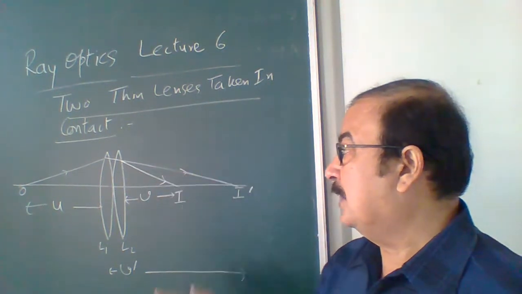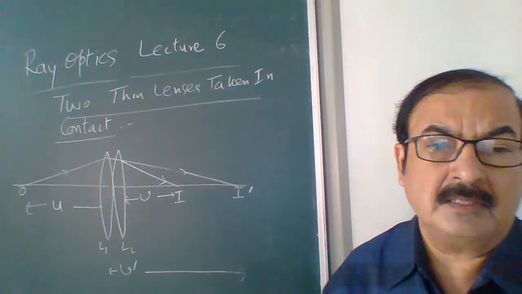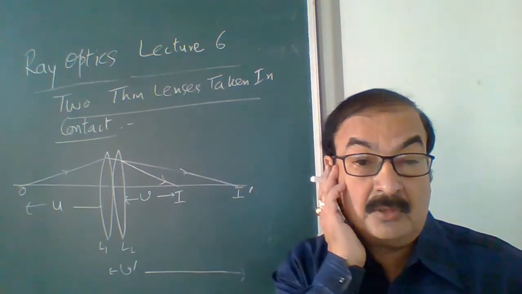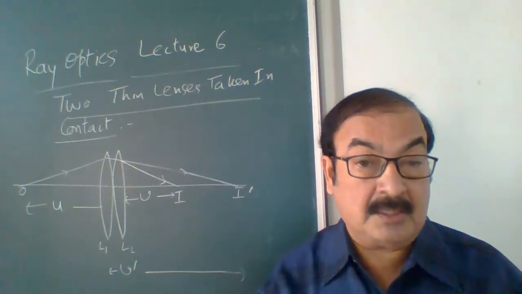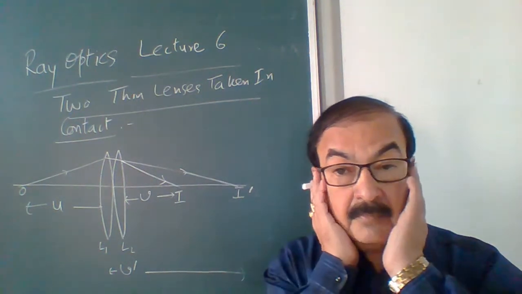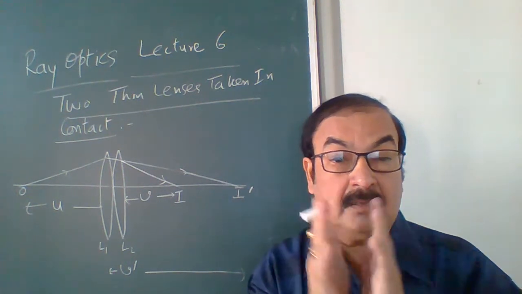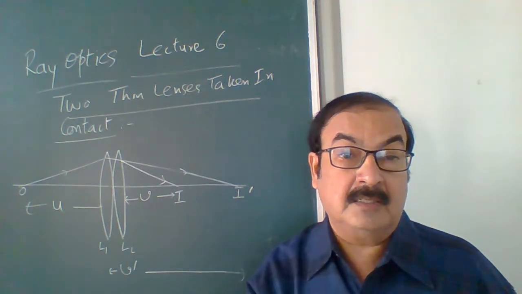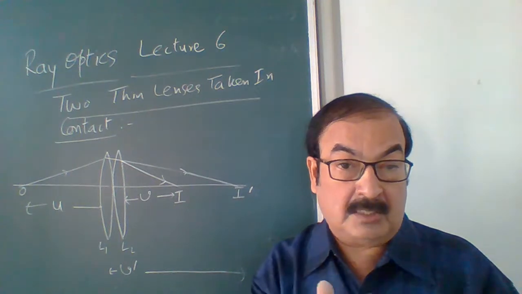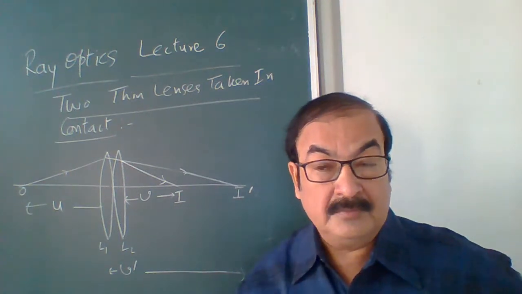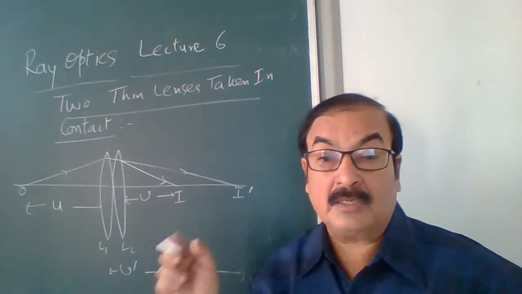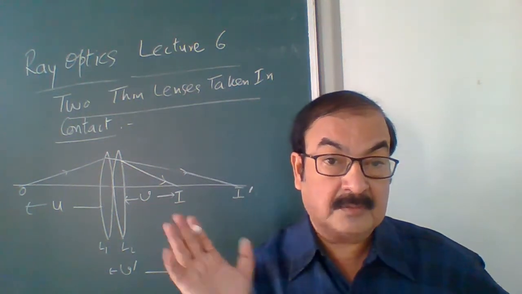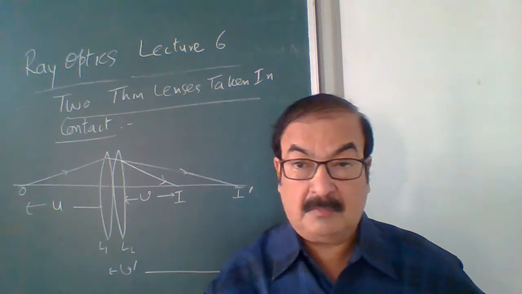Maybe they are of identical kind, like both are convex lenses, or maybe one concave, one convex. But we never take two concave lenses together. They could never be in contact because for both of them the middle part is hollow, the middle part is inwardly tilted. Naturally, they could never be in contact; only their edges could be in contact. Therefore, we can have either concave plus convex, or two convex lenses together for such a combination.